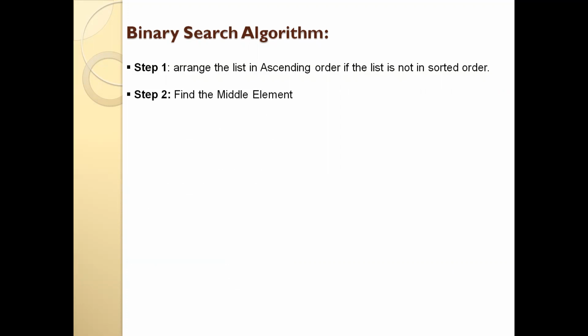How to calculate the middle element: when you store the elements in the form of an array, the first element will be stored at index 0, the second element at index 1, and the last element, that is the nth element, will be stored at index n-1. So for finding the middle element, we set the first element's index as the low index, and the last index as the high index. Then find the middle element using this formula: (low + high) / 2. Here we need to apply integer division. Like that we calculate the middle value.